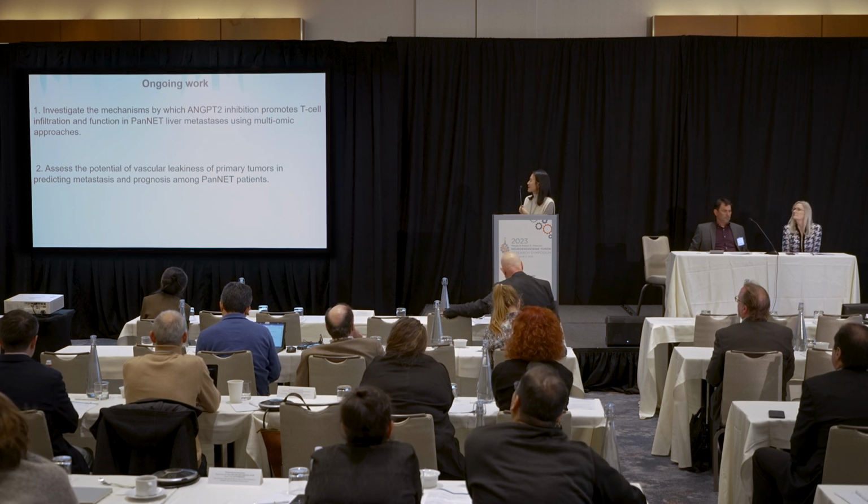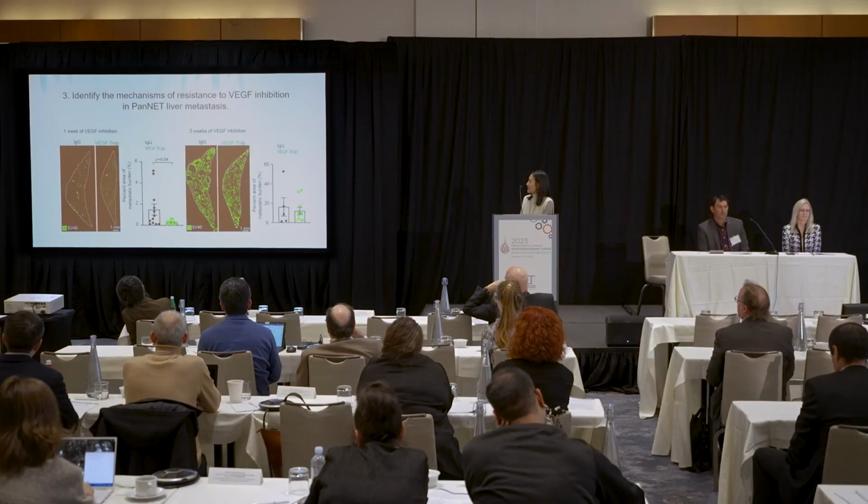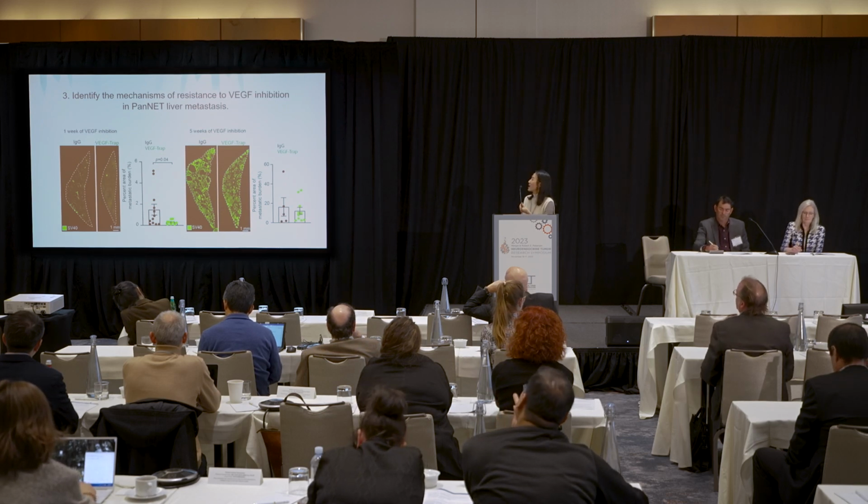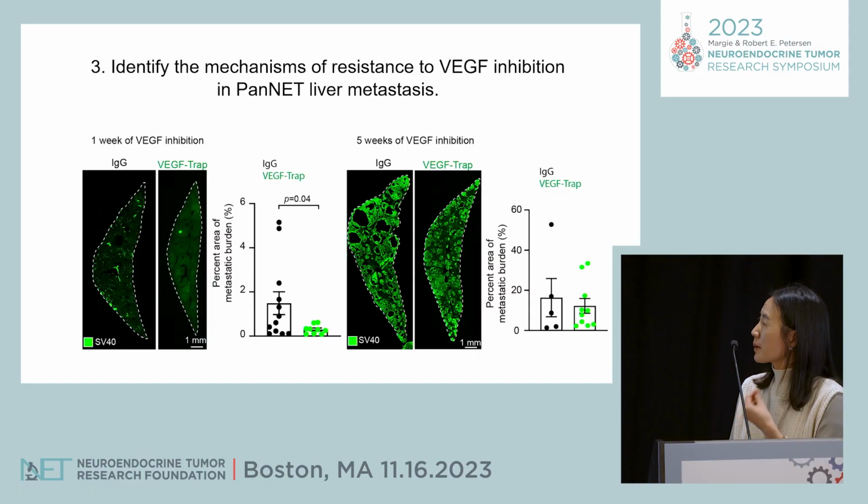So we acquired multiple primary tumors now, and we are about to look at this phenotype of vascular leakage. But for the preliminary data, when we looked at melanoma primary tumors, we found very interesting heterogeneity for the vascular leakage. So we are wondering about the potential of this vascular leakage as a prognostic biomarker in PanNET patients. The last thing is that the SOPI presented yesterday, so we are working hard on identifying the role of VEGF and also the impact of VEGF inhibition when we treat for a long term.